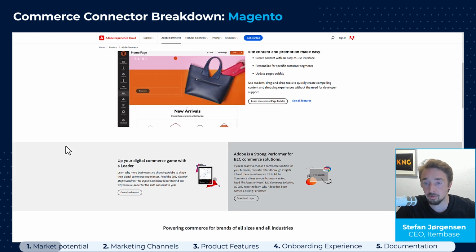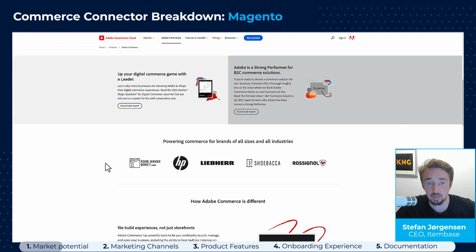There's a lot of potential for your app and your extension. You can see some of the big brand names here that are using Magento. Of course, because it is the biggest, there's also a lot of competition around extensions and apps. There's a lot of developers and companies out there building apps using this strategy, but nonetheless the potential is huge, of course, and this is international, so Magento is used around the world. Of course, a lot of stores in the US use it, but it is really used everywhere,